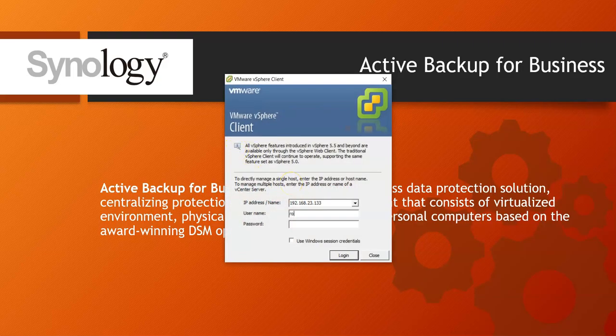Username is root, password. It is loading the mainframe.